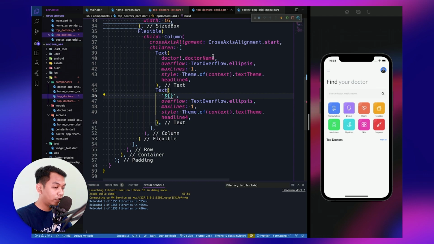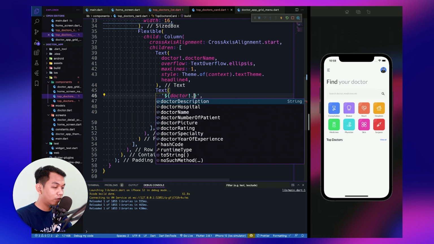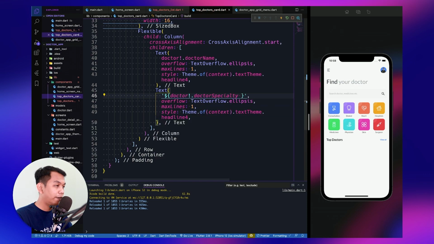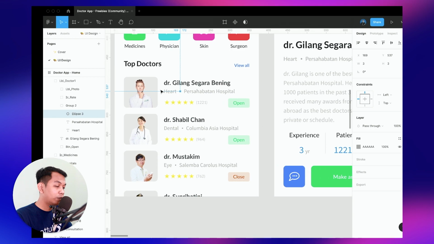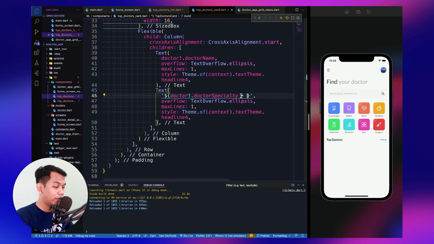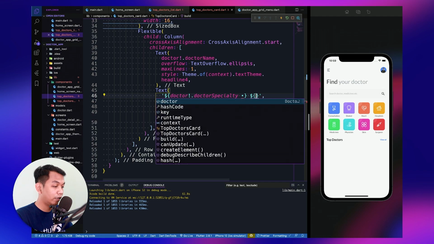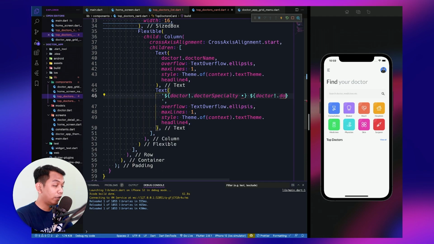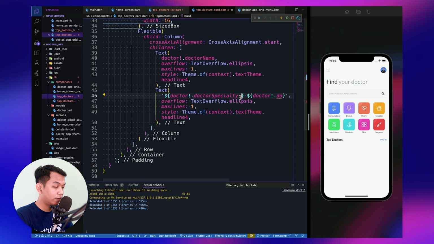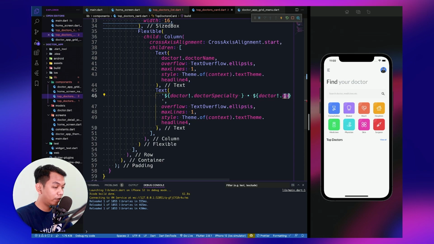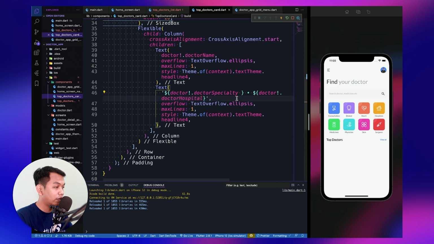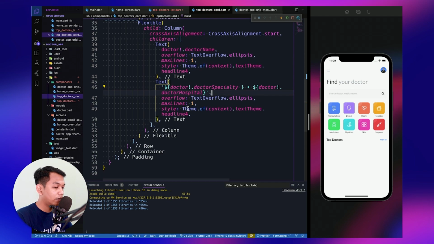We need to say doctor.specialty, and we need to add this dot special character, and again we need to say $ sign, and we say doctor hospital. So move this here, and here we need to say doctor hospital, look like this. And for the style, we say headline 5.